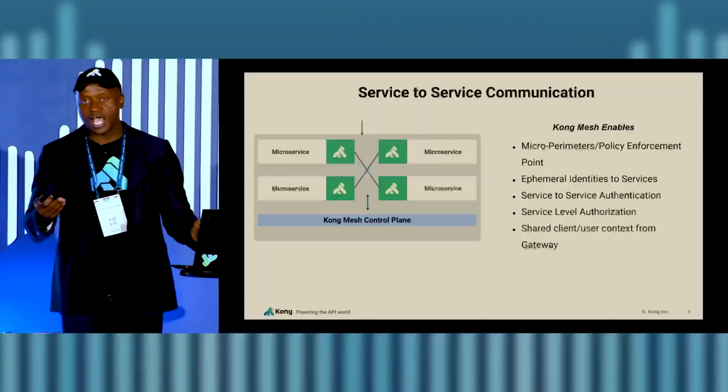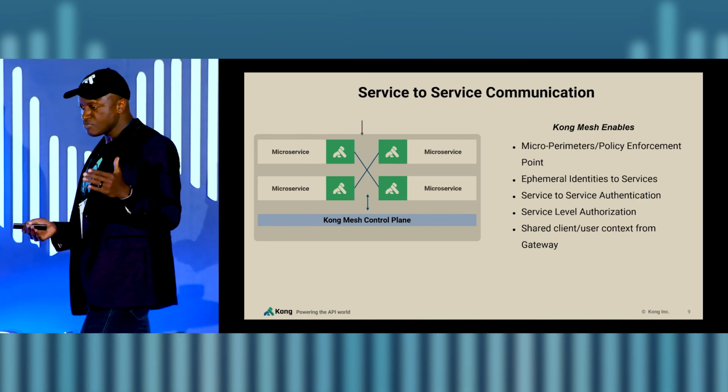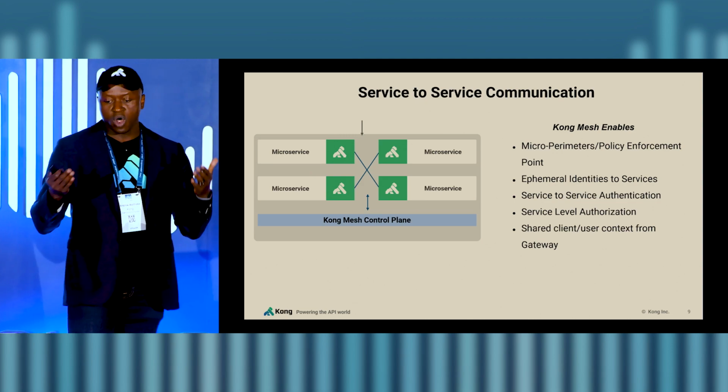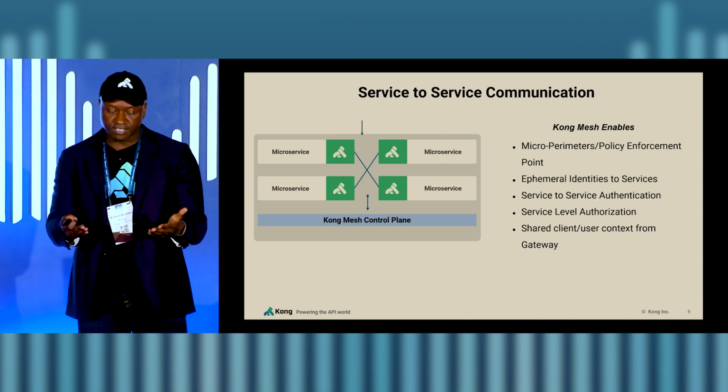And how does that happen? That happens because the API gateway is able to sign that request using, say, a JSON Web Token and send it down to the microservices, which are then able to verify that because they both trust the issuer of the identities. And then we have now at the mesh layer, we've got our service mesh, in this particular case, Kong Mesh. And Kong Mesh is able to provide us the following abilities.